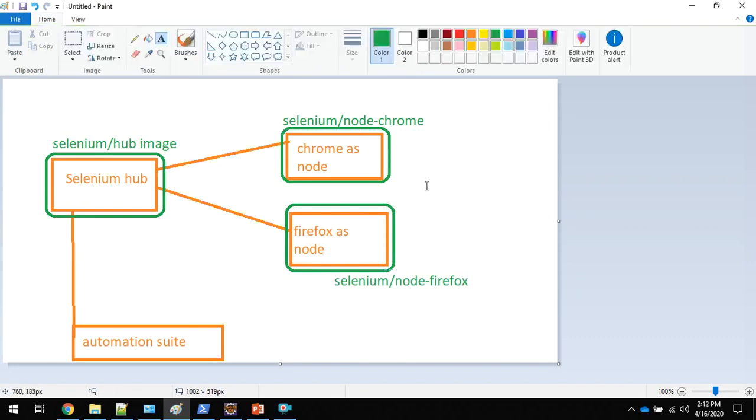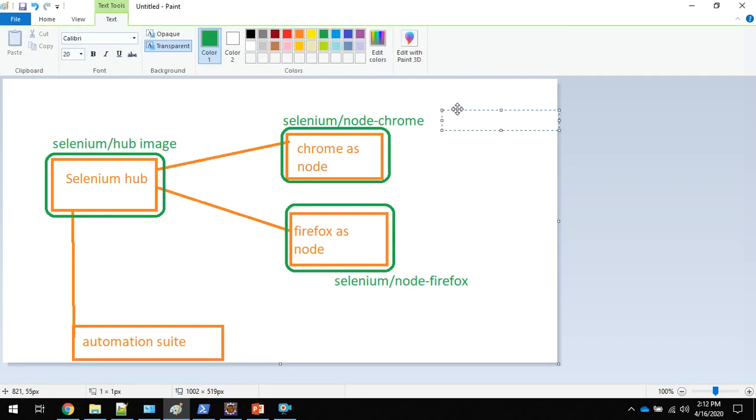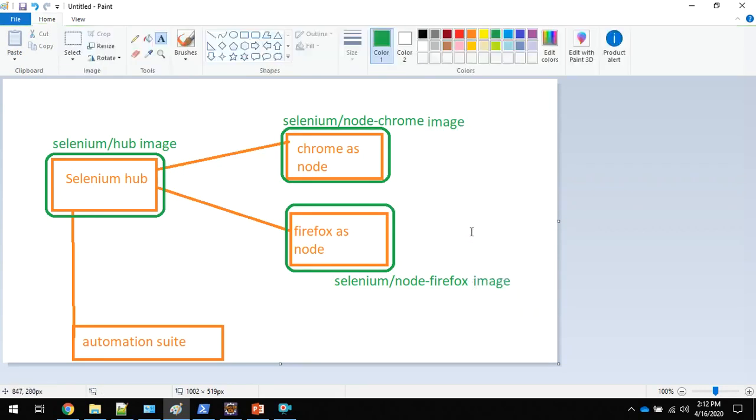Okay, so these are the image names. Let me put it as an image and image, right? So these are the image names provided by Selenium,